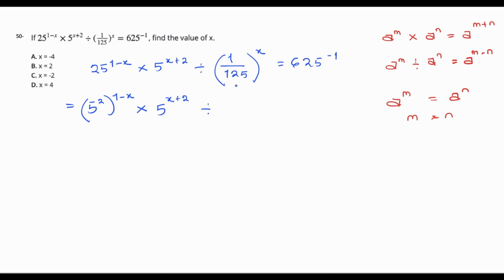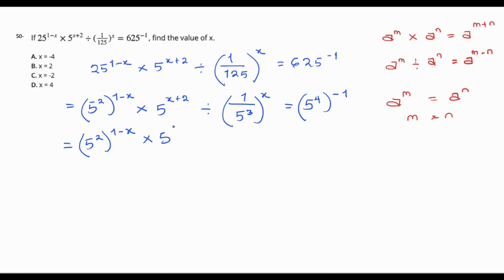And we can also express 125 in terms of 5. And that will be 5 raised to the power 3. So this is going to be 1 divided by 5 raised to the power 3, all raised to the power x. We can also express 625 in terms of 5. And that's 5 raised to the power 4, raised to the power minus 1. So now this is equal to 5 squared raised to the power 1 minus x multiplied by 5 raised to the power x plus 2 divided by,